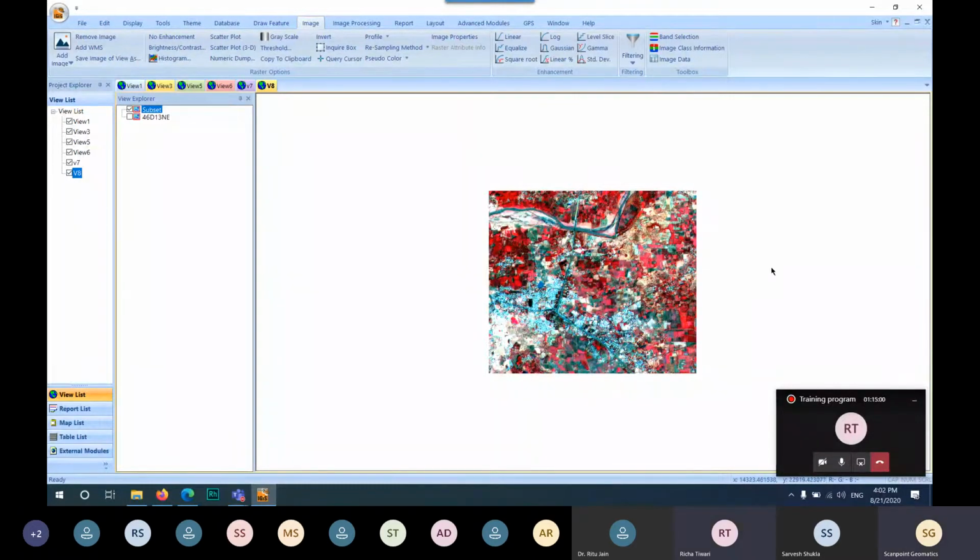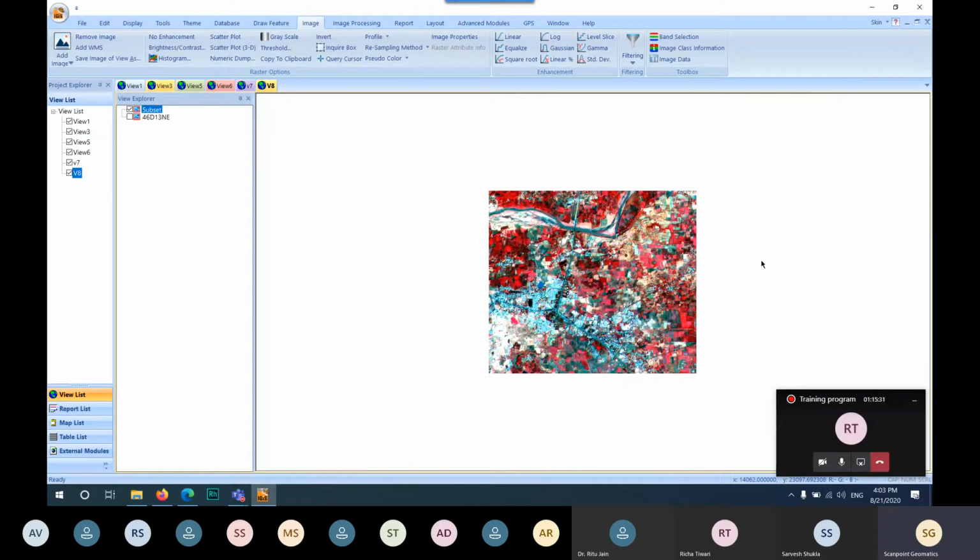Sir, what is DN value? DN value is the digital number. When we get any satellite data in remote sensing, all the information received by the satellite is reflectance data, the reflected light value, which is reflected from the earth materials and interacts with the satellite sensor.